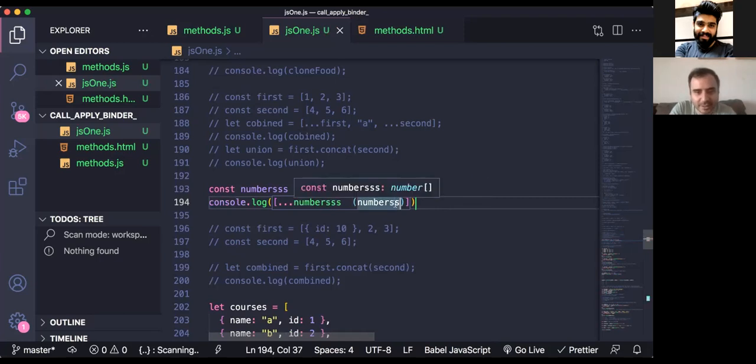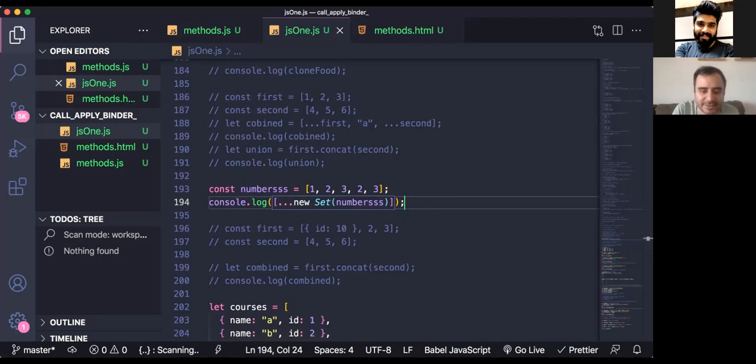Not this one, from here. Remove this. And now write a new set. Yeah, new set. And that's it. This should work. Try now. Run this file.